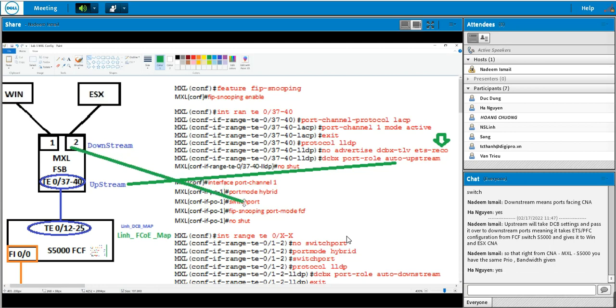You go to these ports, interface range, let's say port 1 and 2. In range port 1 hyphen to these ports, and you can see the port role is configured as